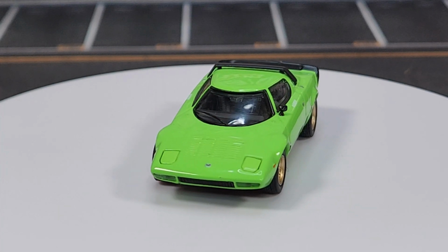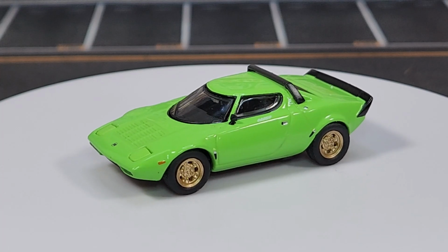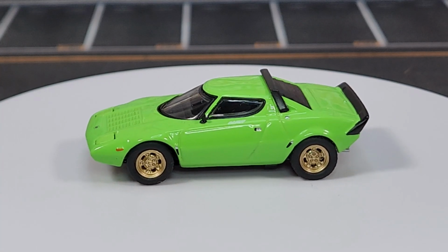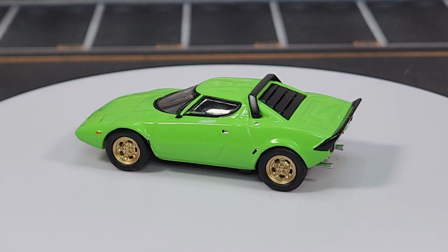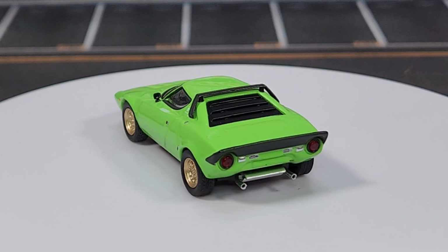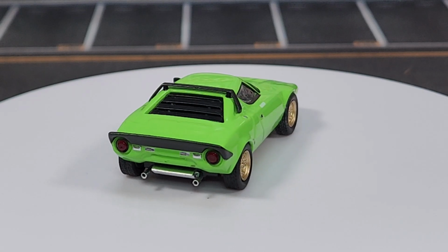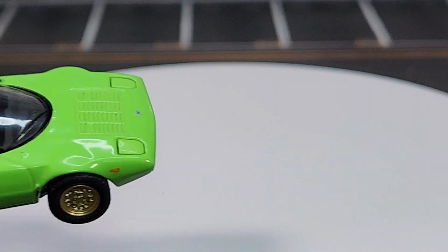It's kind of an ugly car in real life. It's obviously a giant wedge, but I think this one just looks good. A little bit of Stratos there on the door panel, at the top of the outside of the door, I should say. And then your double exhaust. I think it just looks good. It's a good casting. Really good casting. They also make a headlight up version, so that's why the headlights are quote-unquote adjustable, but they're not really